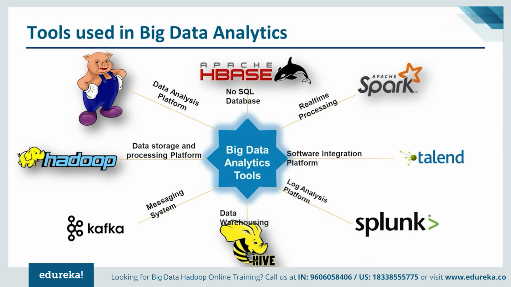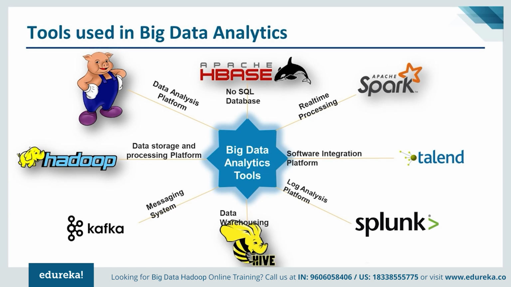Hadoop is basically a framework that allows you to store big data in a distributed fashion so that you can process it parallelly. Apache Pig is a platform that is majorly used for analyzing large data sets and then represent these data sets as data flows. Basically Pig is used for scripting and the language is Pig Latin.